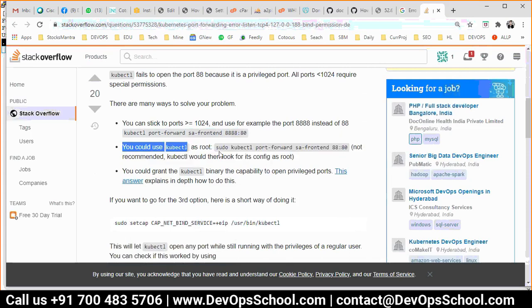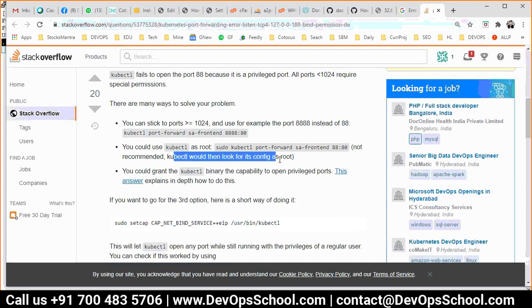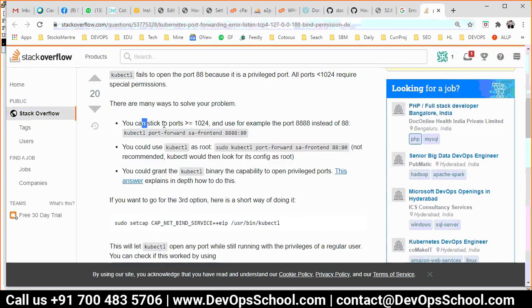See, you could use kubectl as sudo, which is not recommended because I would have to set up the workstation again as sudo, which I don't want. The config as root, see here what they're saying. kubectl would look into the config, which I did not set up. I can set it up with three commands, but I don't want to. I'm looking for something easier.